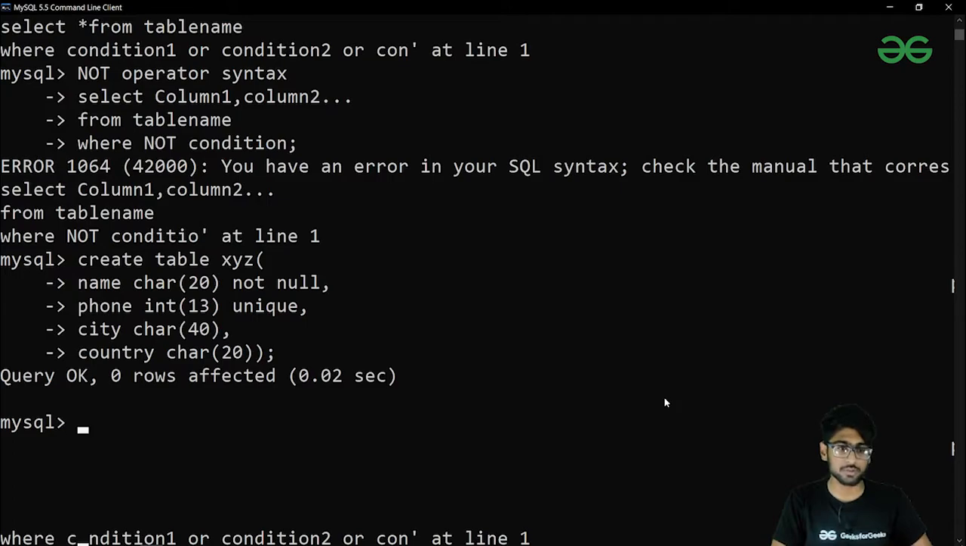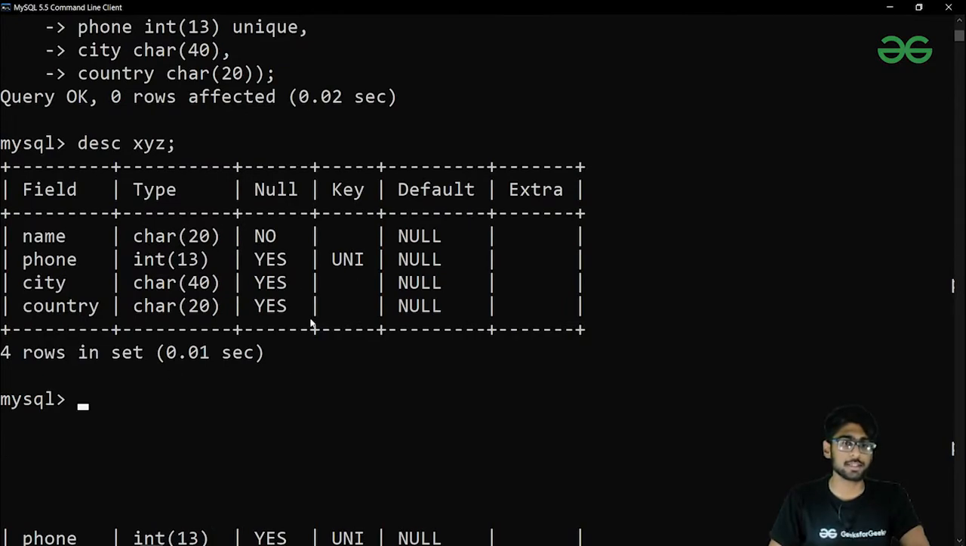Now let me show you the structure of this table by using the command desc. Okay, so I'll write desc XYZ and I'll press semicolon. This is the basic structure of our table that we just created. Now I'm going to insert data inside this table. For that I'll use the insert command, insert into XYZ, and I'll write the values over here directly